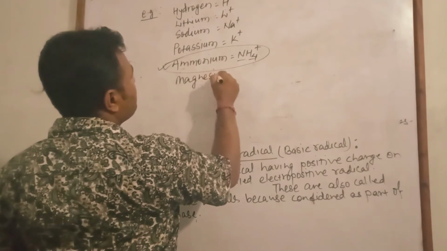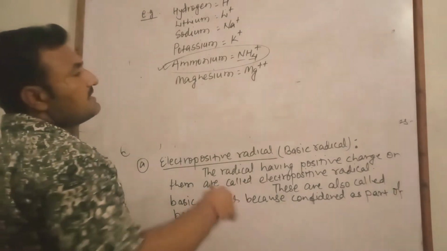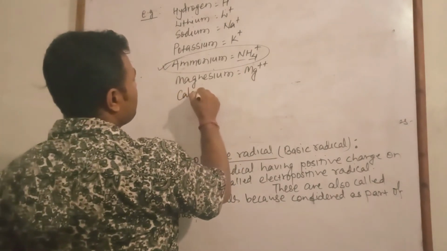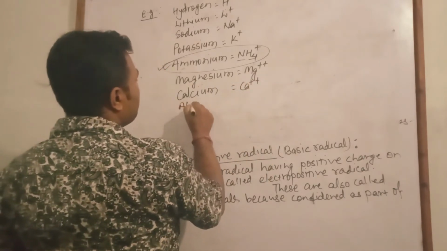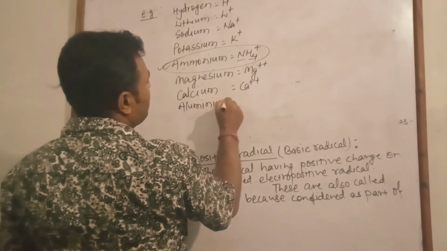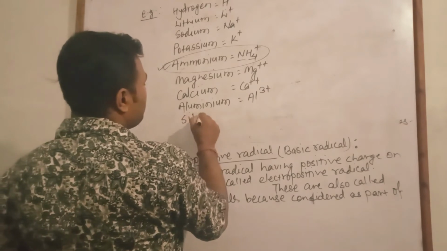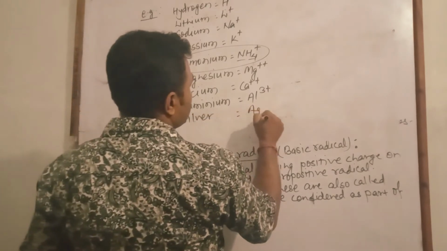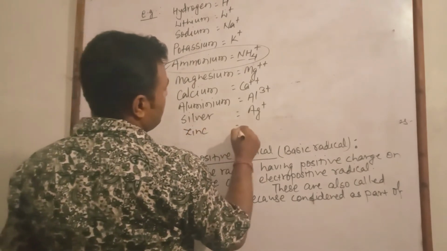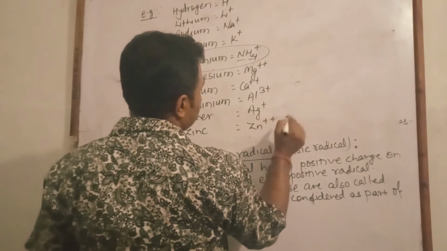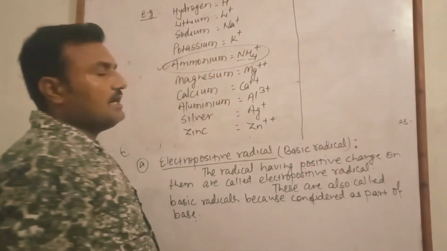Magnesium, Mg++, the number of charges denotes its valency. Calcium, aluminum, Al3+, silver, Ag+, zinc, Zn++, and